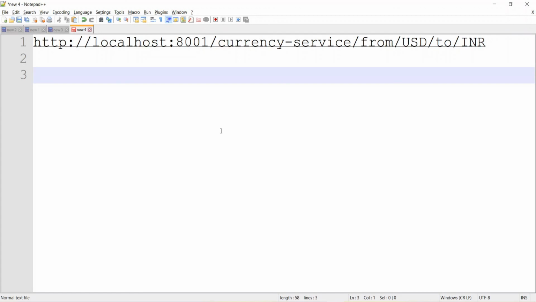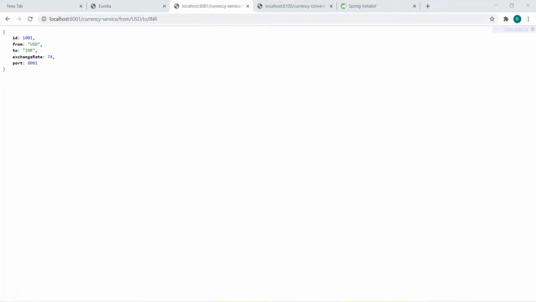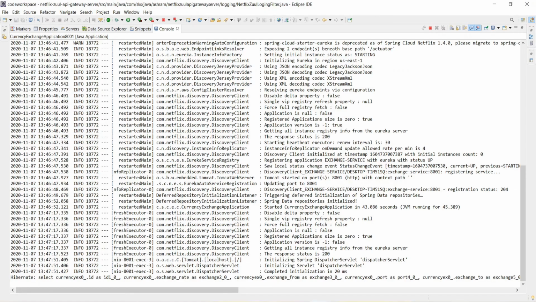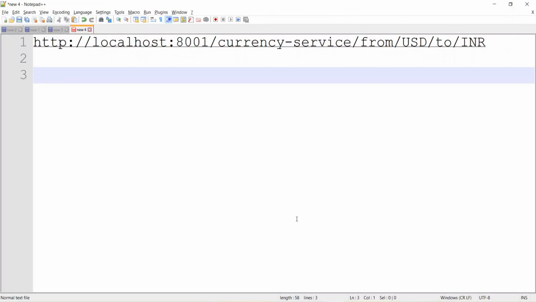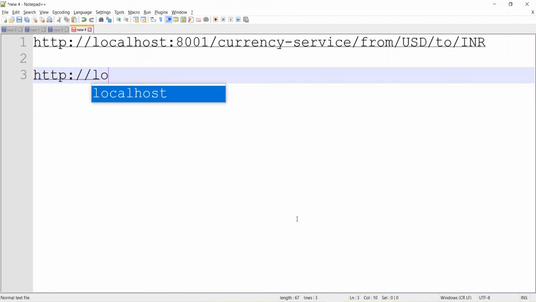Our Zuul API gateway server is running on port, sorry, go to Eureka, 8765. So how will you do this? HTTP, localhost, colon 8765.